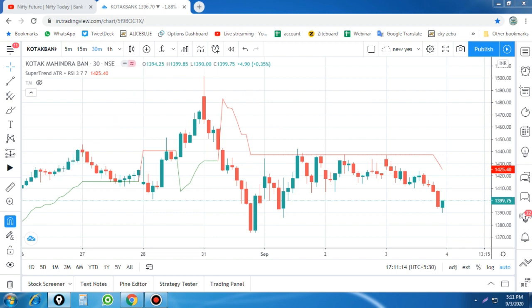Whenever Super Trend gives a sell signal, this is a sell signal where the Super Trend is generated, and if you check, the stop loss is very flat. Whenever the stop loss is given at the same level, this is your entry point, and this should be your stop loss point.